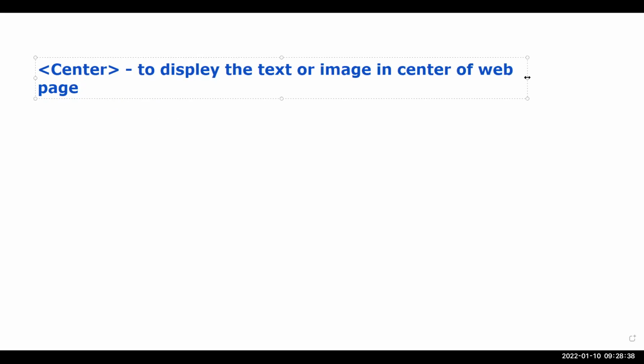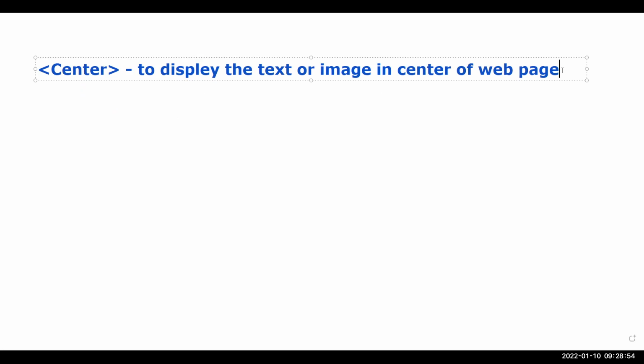I want to insert an image by using img tag, but that image should appear in the center of web page. To do that also, we will use the center tag. Center tag is used to display the text or image in the center of web page. Suppose I want to type the text, but I do not want to use the P tag or the H1 tag.